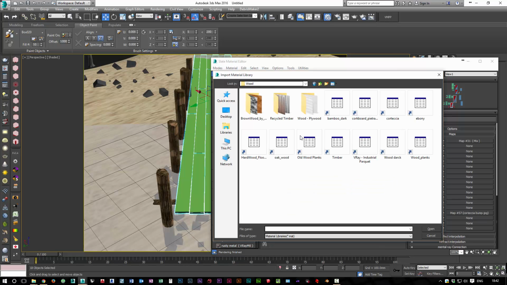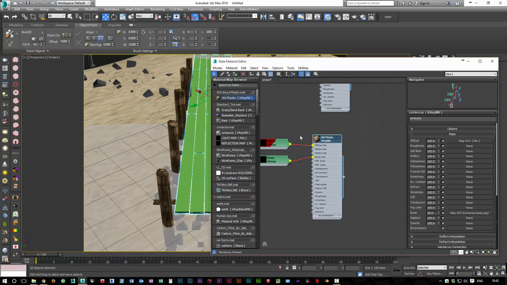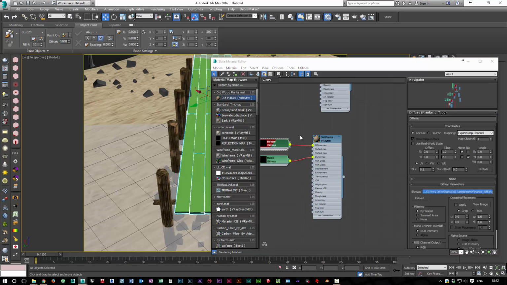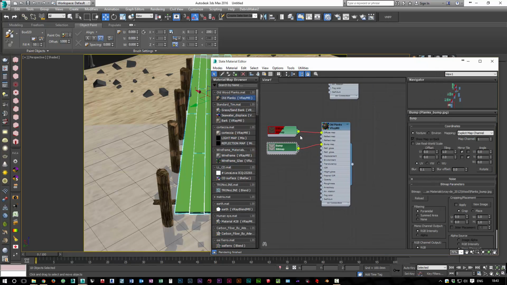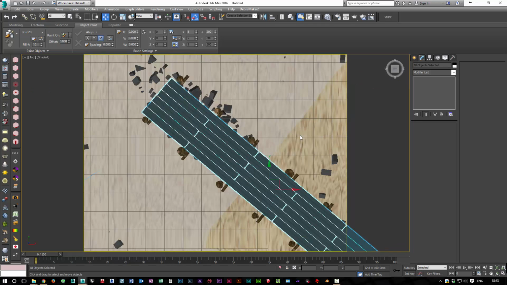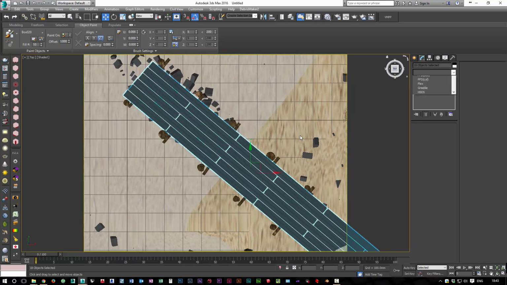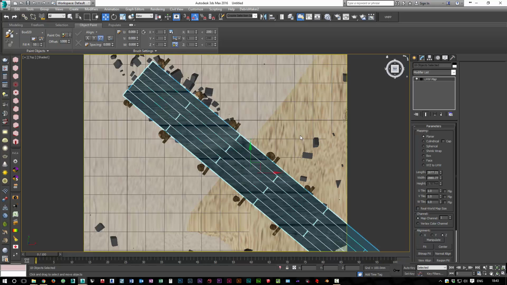Go to wood and old wood planks, drag that in, just remap the wood files, make sure that's it, that's everything. And so just going to drag those onto the selection, minimize that, and what I'm going to do for this one is go to the top, and with them all selected again is add a Uvw map. If I can find it at the bottom, Uvw map, and we're going to do box,